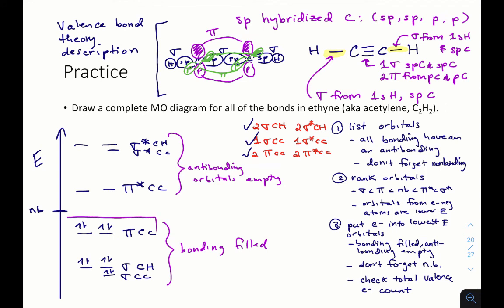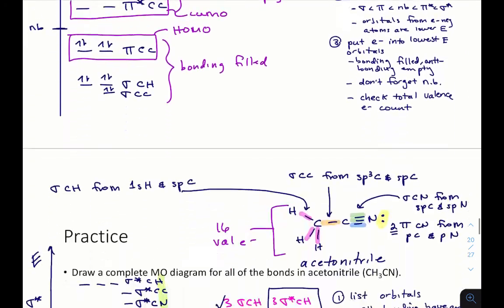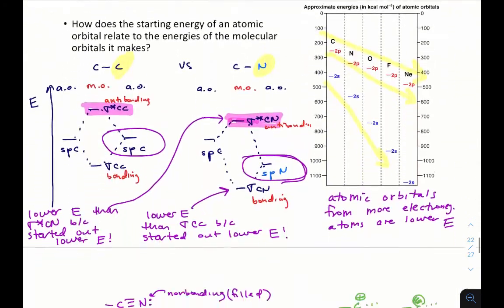Right, the highest energy filled molecular orbital, it's a tie because these are two degenerate pi CC orbitals. And the LUMO is also a tie between the two degenerate pi star CC orbitals, which are empty. Awesome. If you'd like to go back to all the other examples we looked at and identify HOMOs and LUMOs for those molecules as well, that is perfectly fine with me. Have fun. But I am going to move on now